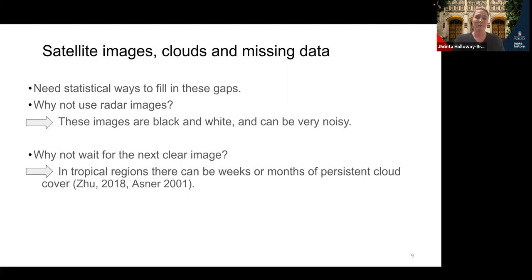The other question I sometimes have is, why don't you just wait until there is a clear image? So don't worry about filling what's missing and just wait until you can see it again. The problem with this watching and waiting approach is that in tropical regions, which are usually where the forest monitoring is really important, for example, in the Philippines, where there is a lot of deforestation, and that's done for really good reasons, such as farming and being able to feed families and earn a living, but there are also really serious concerns with landslides. And so when you have these changing landscapes and you have cloud cover that's persistent a lot of the time, we can't really afford to wait until we have a clear image, because that might be weeks or months apart.